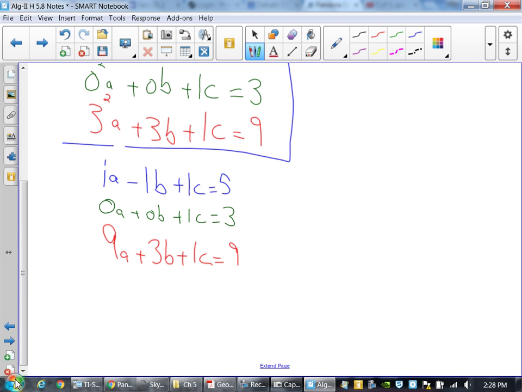So we're going to make a 3 by 3 matrix. The coefficients for the first row, 1, -1, 1. The second row, 0, 0, 1. The third row,